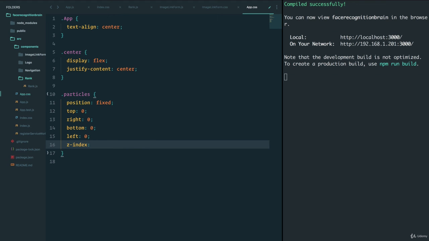And finally, to make sure that everything is underneath the rest of our app, we do something called z-index. And z-index you're allowed to use when you use position fixed or position absolute. And it tells you what layer you want the image to be on. In our case, we're adding -1 because we're saying that this should be below pretty much anything else on our website. If we go back,